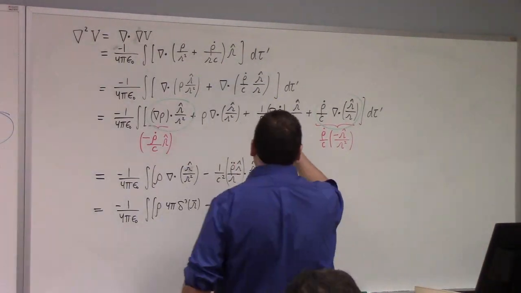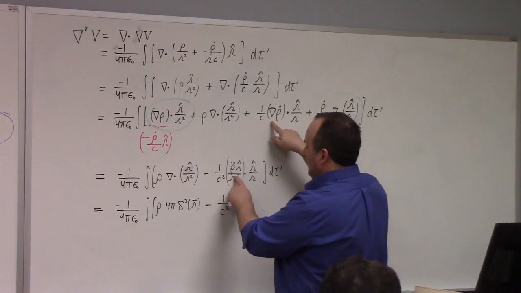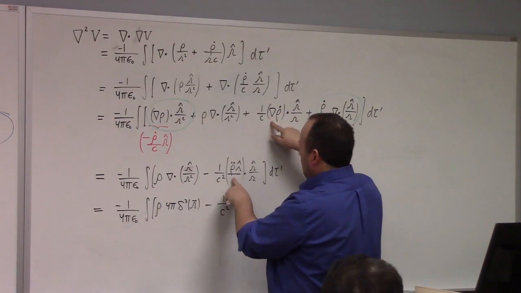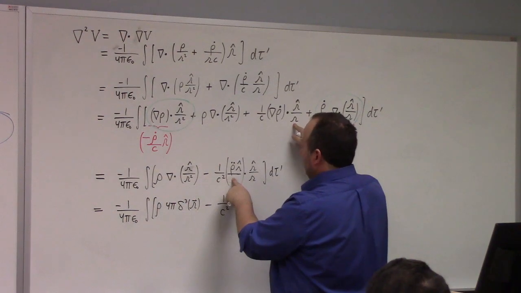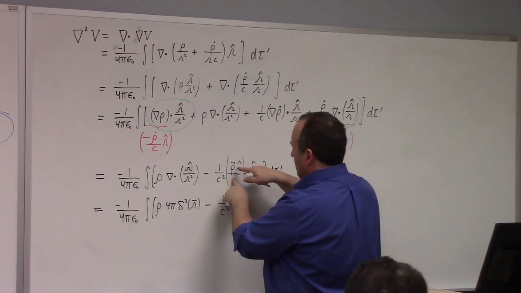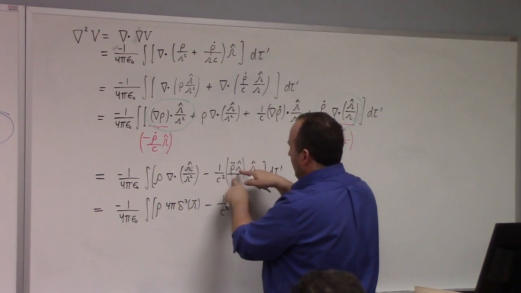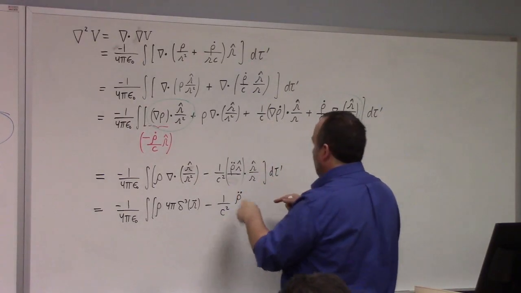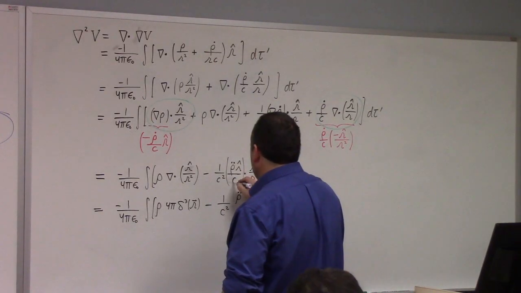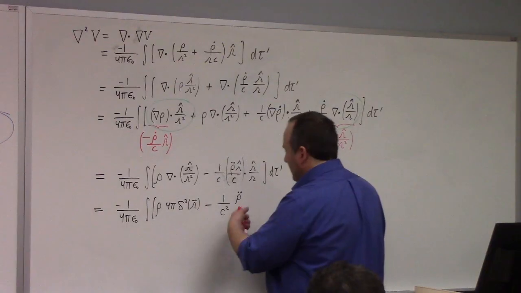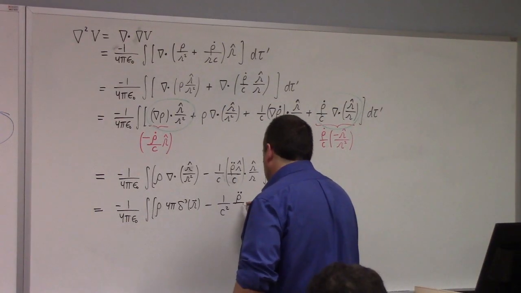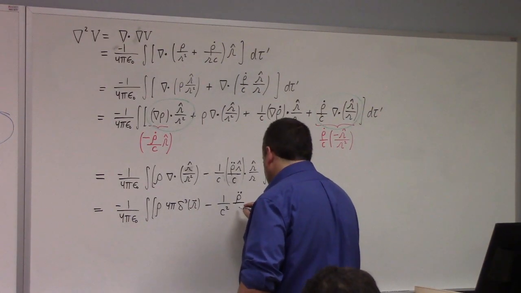This thing right here does not give me another R. It just gives me rho double dot R hat. And then I get the C here, and there's the C that was there before. So I get 1 over C squared, rho double dot over